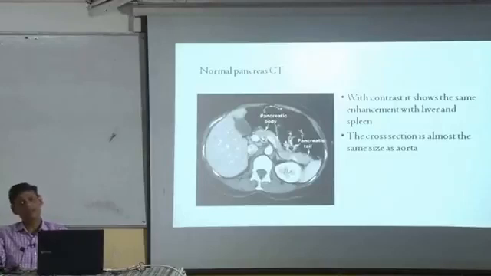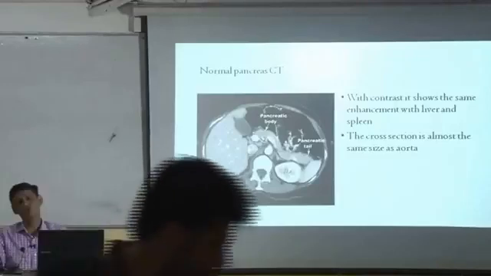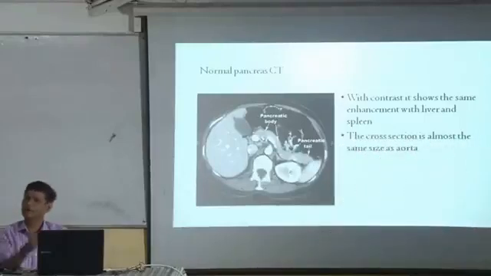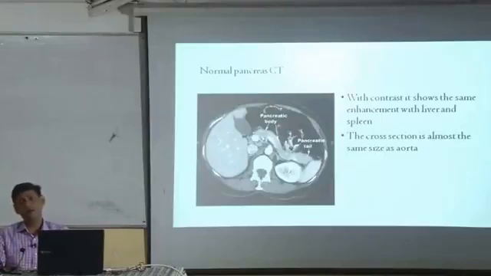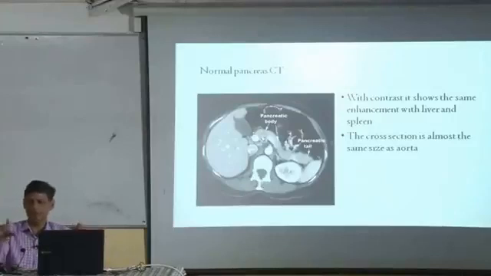Normally, the cross section of the pancreas should be equal to the diameter of the aorta, a little bit less or a little bit more, but not very much. If the pancreas appears to be larger in comparison to the aorta, it means the pancreas is inflamed. Okay,